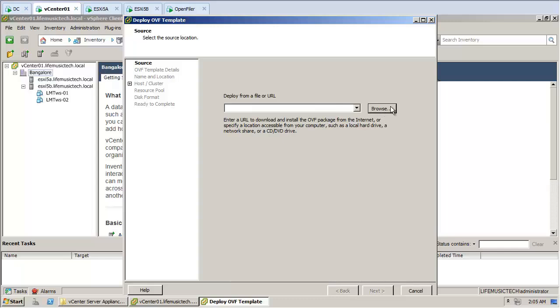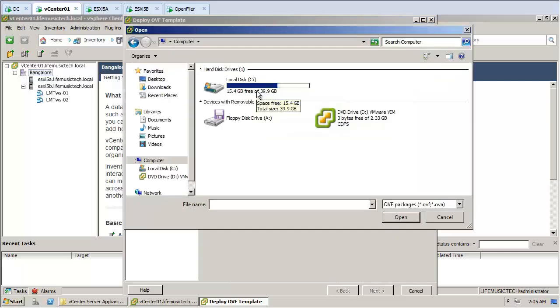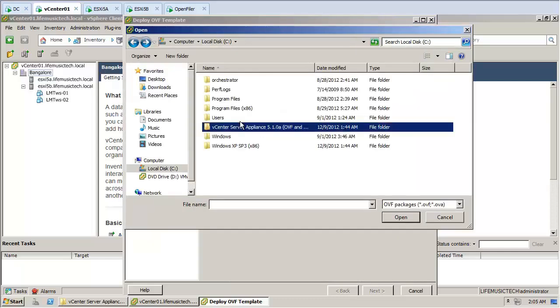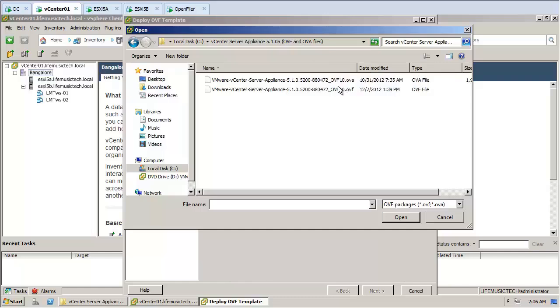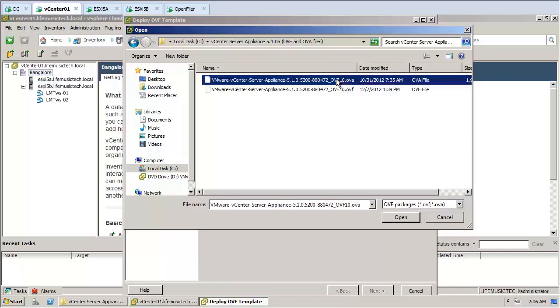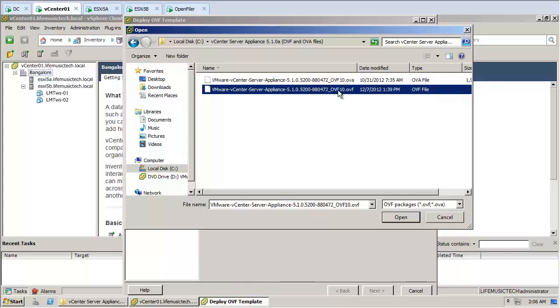I'll click Browse and I'll go into C drive and I'll go into the folder where I have saved the virtual appliance, and you can see here I have two files. One is OVA file and OVF file. So let me select the OVF file first. I'll click Open